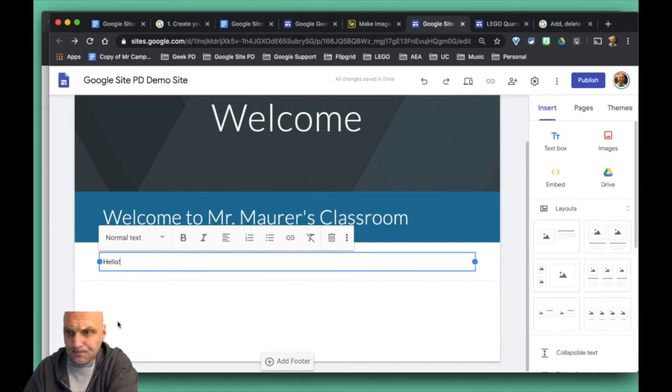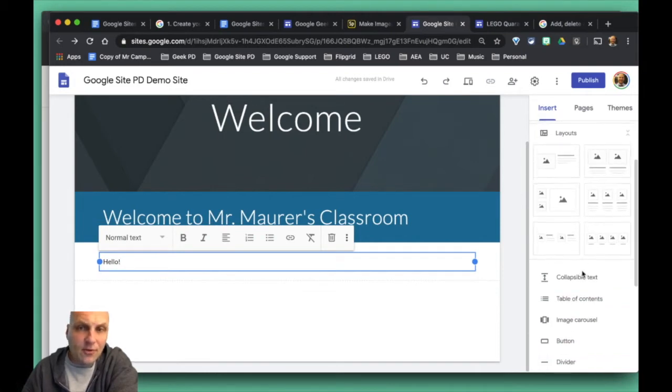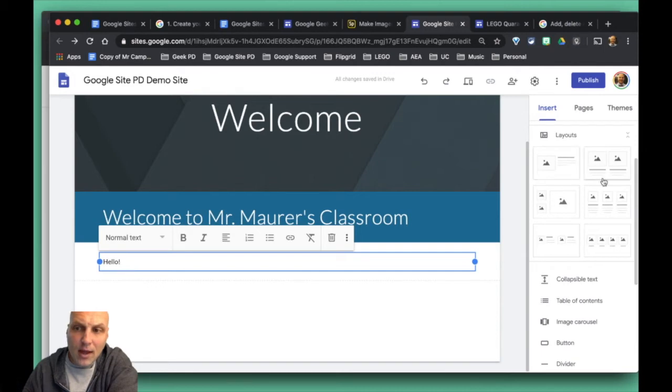so I could start to have different things visually appeal to the reader or the user. I could add images. I could embed code, which you may or may not be ready for yet. You can access anything from your Google Drive. But what I want to pay attention to now is the pre-built layouts, which I